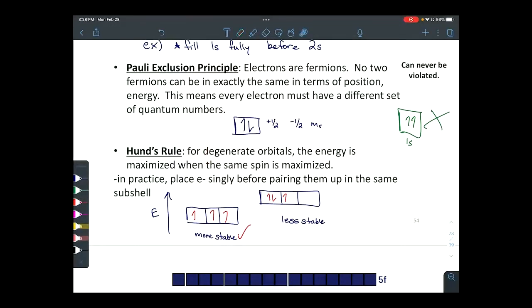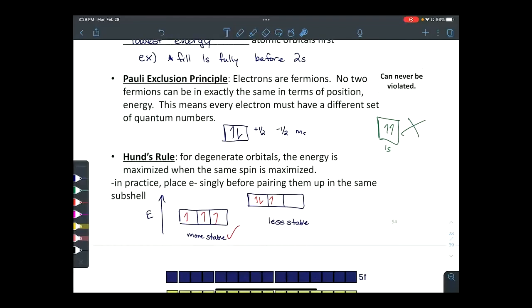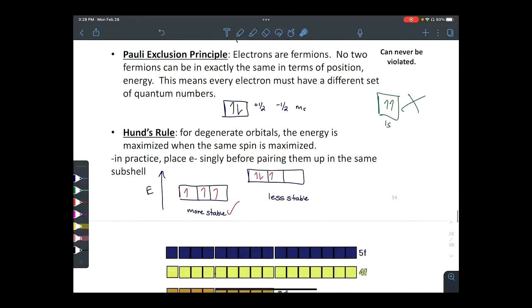This word, degenerate, matters here. This only works for degenerate orbitals, meaning that they're all the same energy. Our 3 different p orientations or our 5 different d orientations, all those orbitals are degenerate, meaning that they all are the same energy. So those are our rules. So now let's follow our rules for